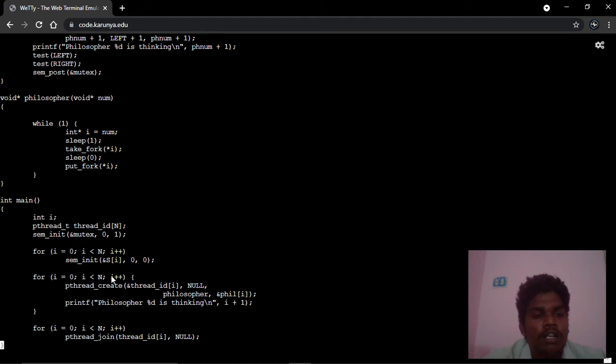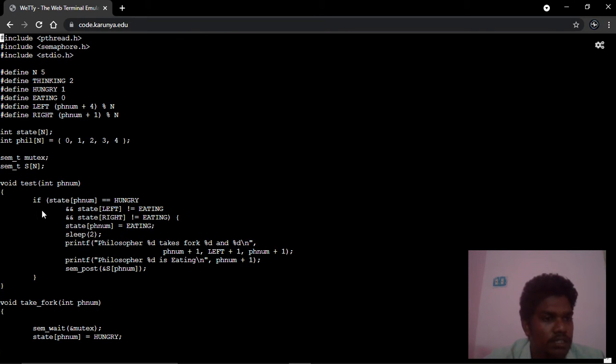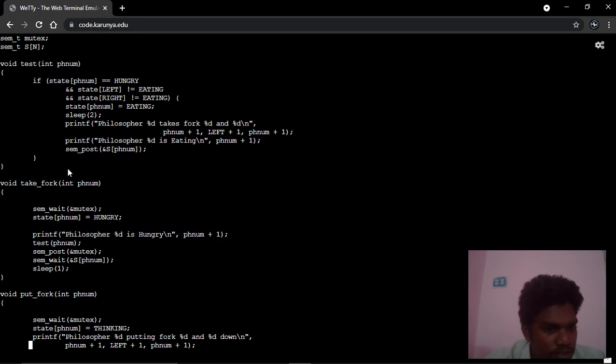Then according to the n threads, we also create the pthreads. Then we print that the philosopher is thinking. Then for i equal to 0, pthread_join. So what is sem_init? We give 0, 1, 2, 3, 4 as the value of n.